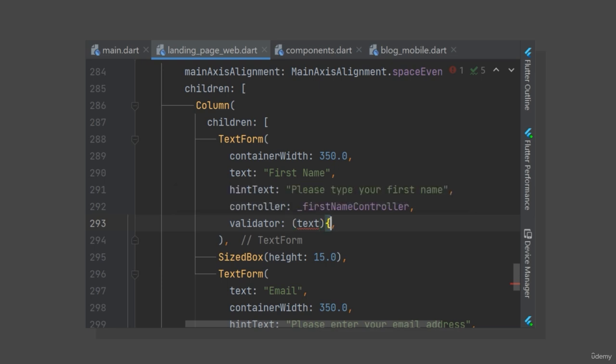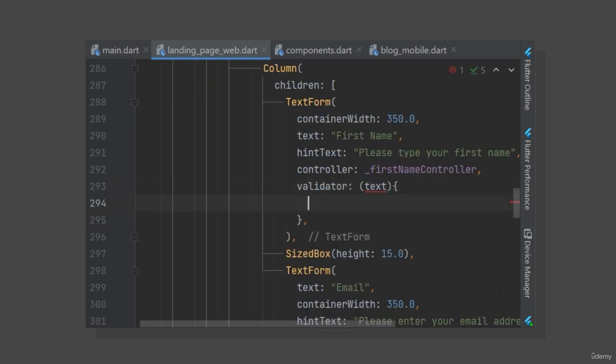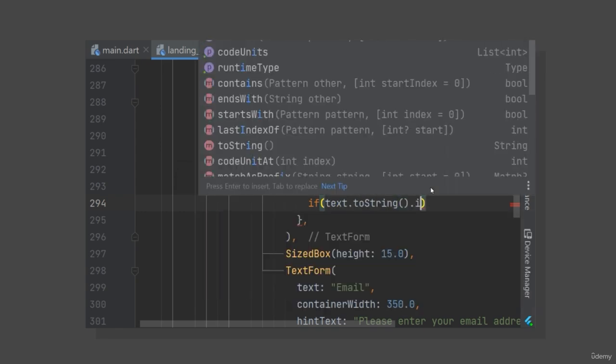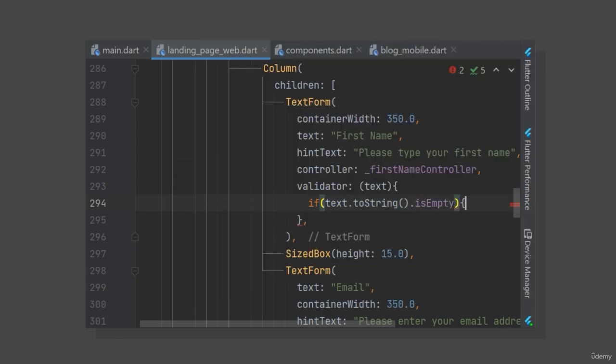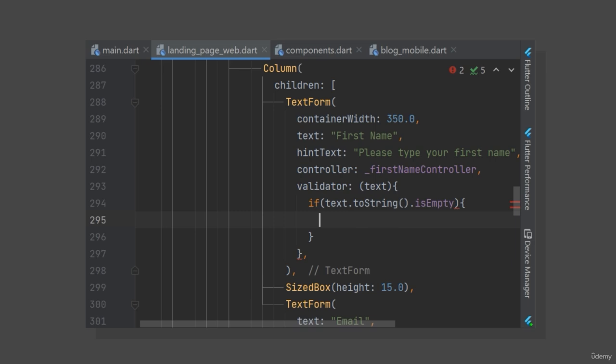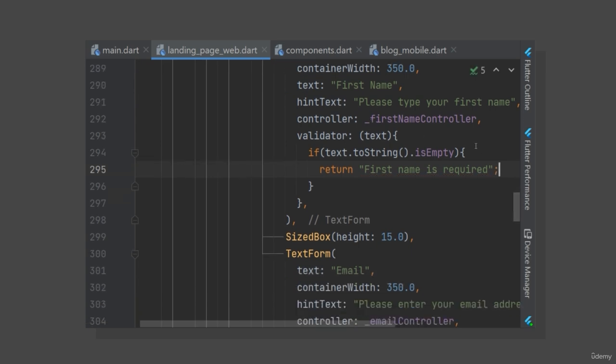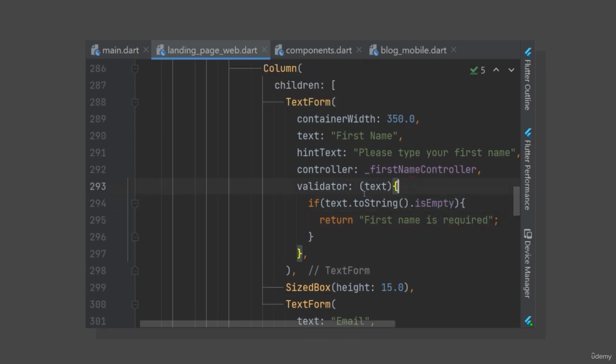Let's open the braces and check if text.toString is empty. If it is empty, then we will need to return an error message: First name is required. And that's what the users will see if they don't fill out the field with their